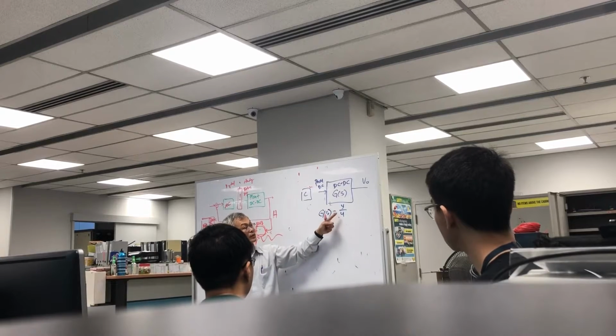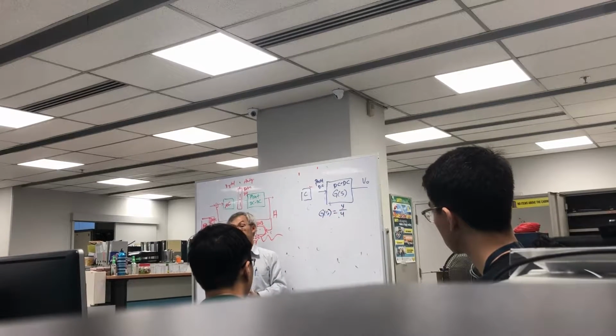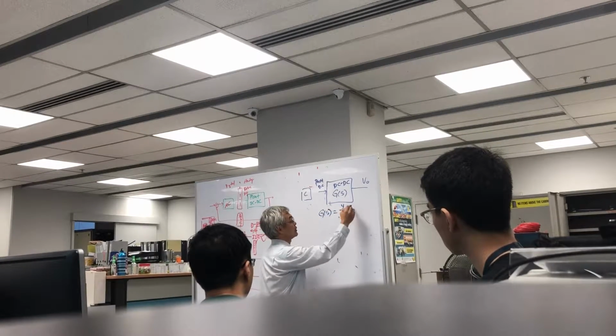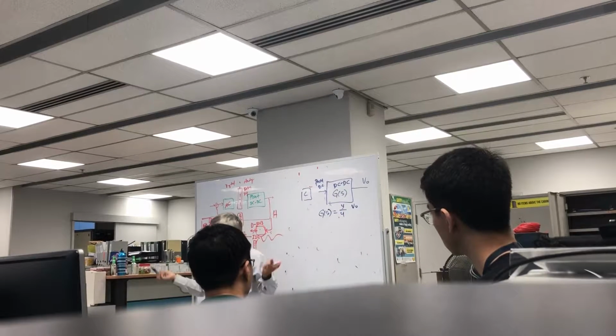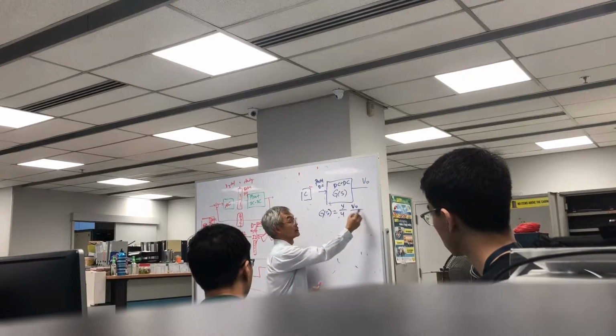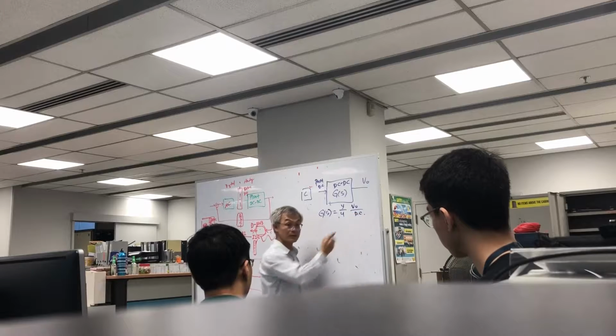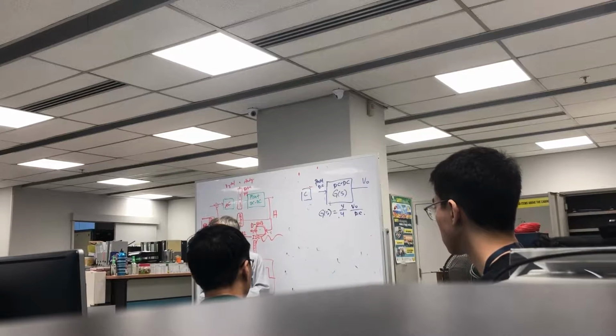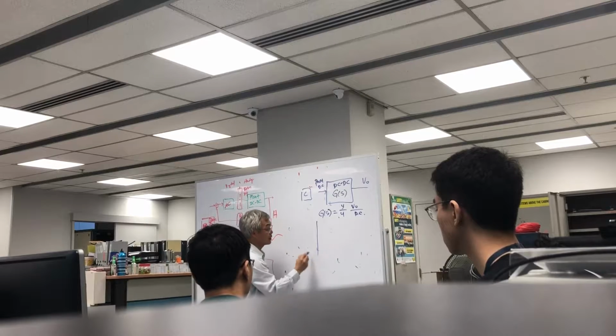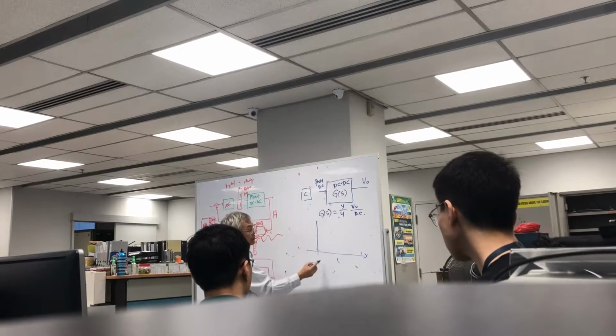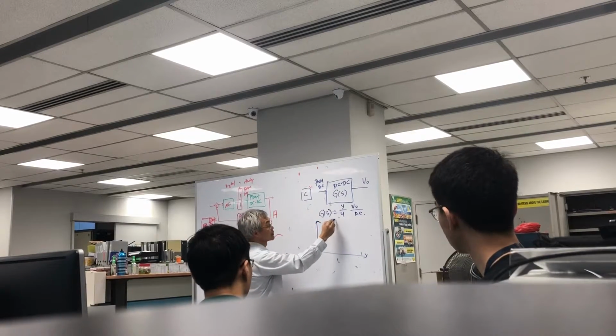Essentially now I ask you this question. So what is Y and what is U? Y is very obvious. Y is V naught, the output voltage. U is the duty cycle. Okay? Alright. So with this in mind, then you will want to find out what we call the static